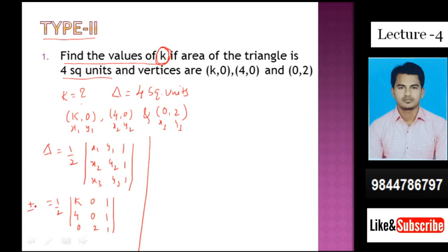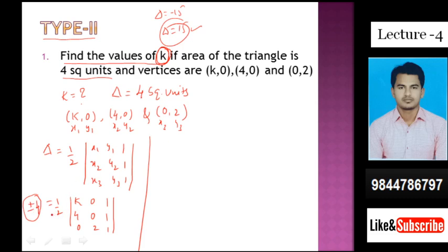It means plus or minus 4 square units. We don't know whether it is positive or negative. That's why the area value will be written as plus or minus 4. Remember one thing, always we write the area value as plus or minus. You can see the previous example. What is the resultant of delta? Equal to minus 15, but we wrote plus 15. It means we don't know whether the value is plus or minus. That's why we will make it plus or minus 4.